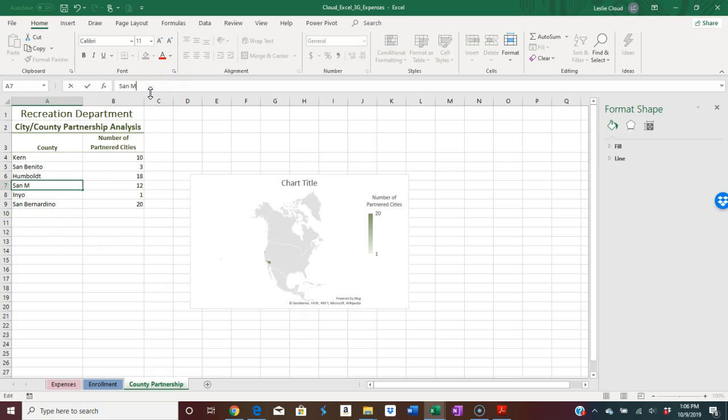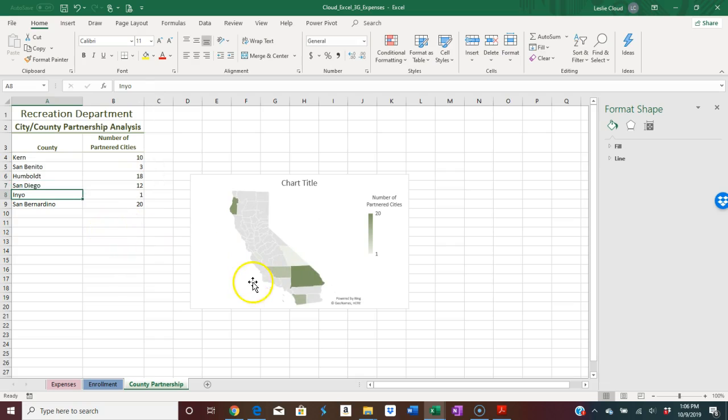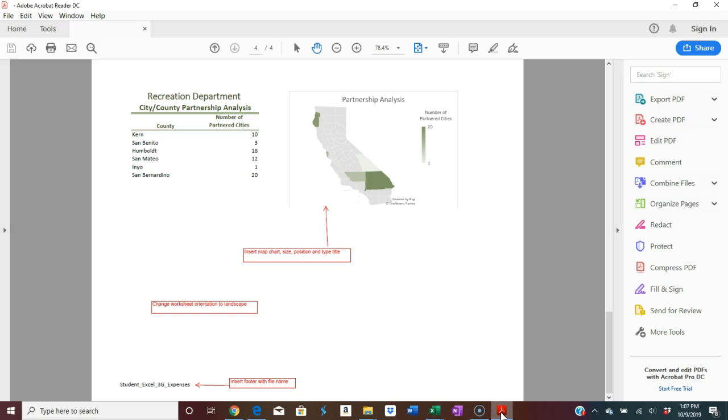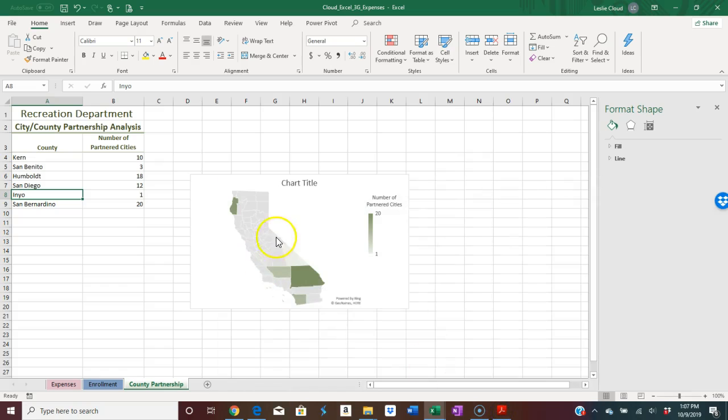If I were to change this, instead of San Mateo, maybe I'll put in San Diego. And San Diego is a county. If I click on that, input it, and press enter, you'll notice now I have a map of just California, because the map part of the program is seeing just California